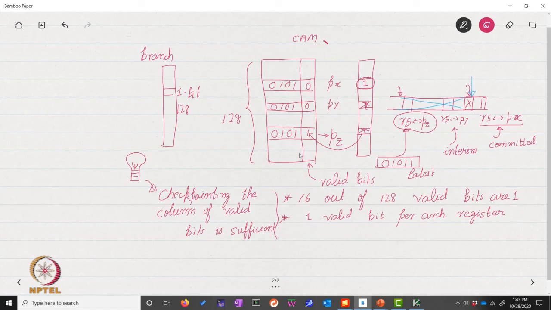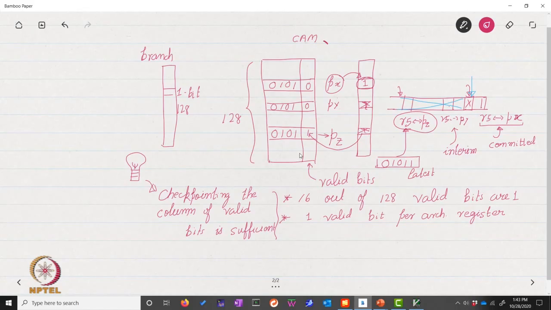But if this is mapping to some other architectural register, then we don't care. The most important point is that for PX the mapping becomes 1, which means that PX now contains the most recent value, which actually it should, because the rest of the instruction state we are getting rid of anyway.